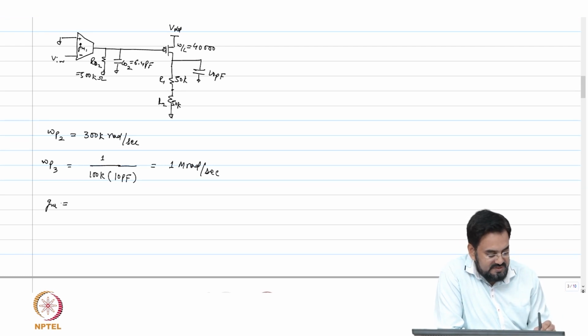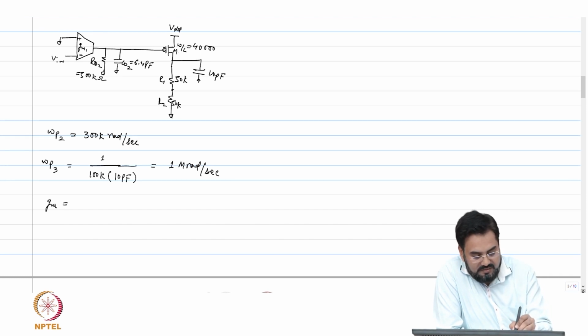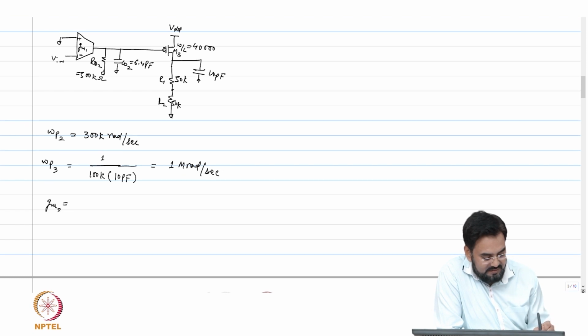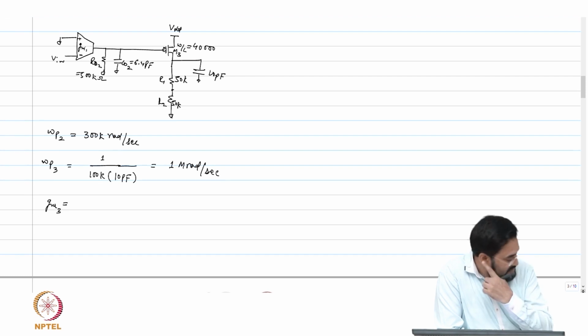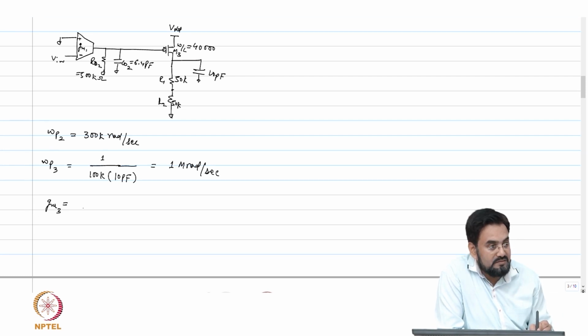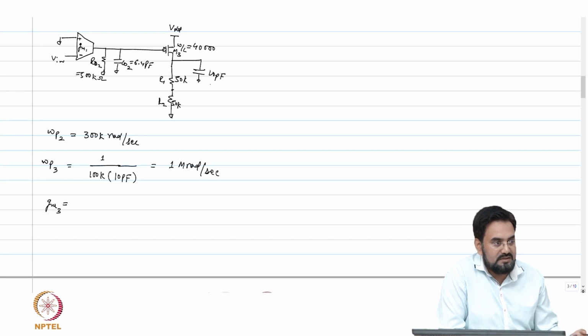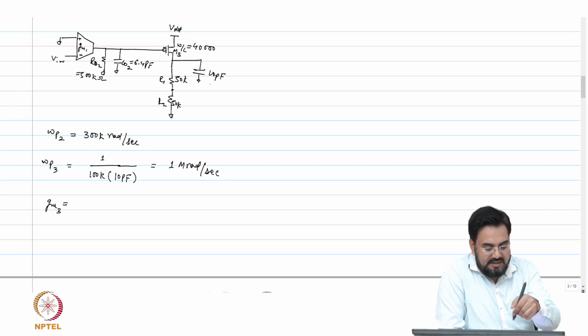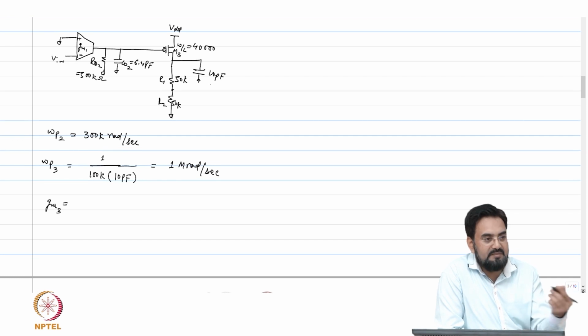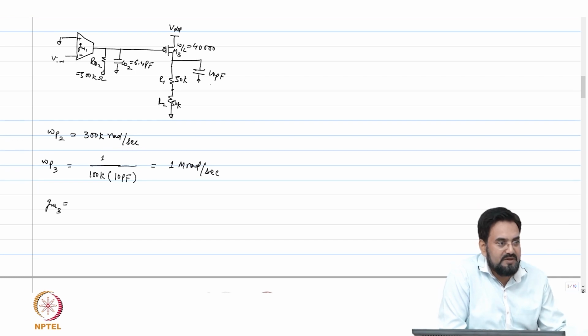So what was the formula for GM? If I call this M3, and this is GM1, for the current of 10 milliamp we are calculating. Not 10 milliamp. Now what is the current? Your load current is 0. So what is the current here? V out divided by 100k. So 1.5 divided by 100k, 15 microamp.